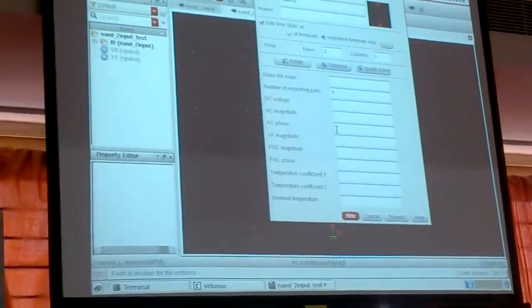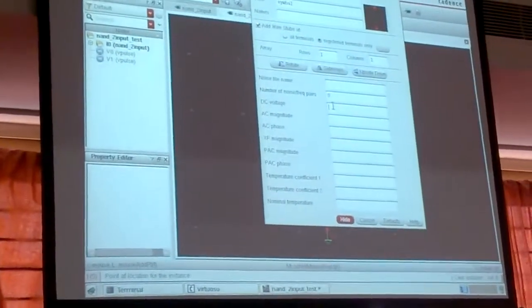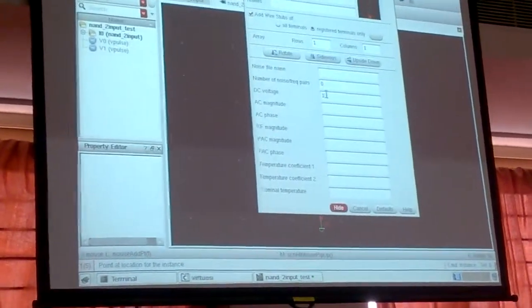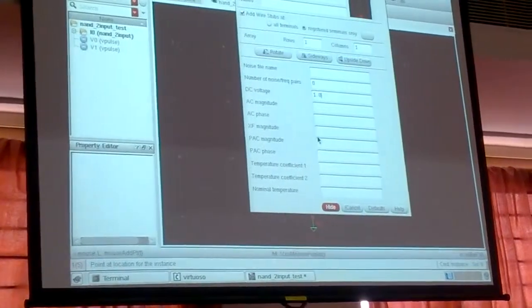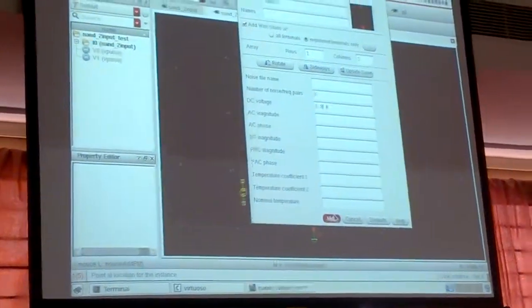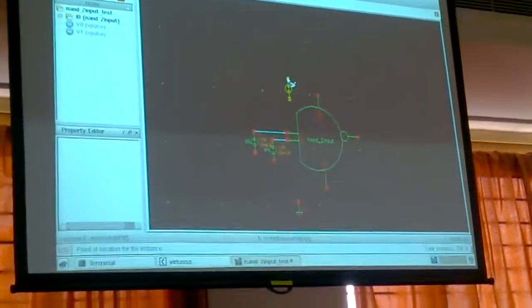Close. Here you need to mention the DC voltage, how much voltage you want to give to VDD. I have given 1.8 volt. Then click on height. You will get this signal. Place it here.